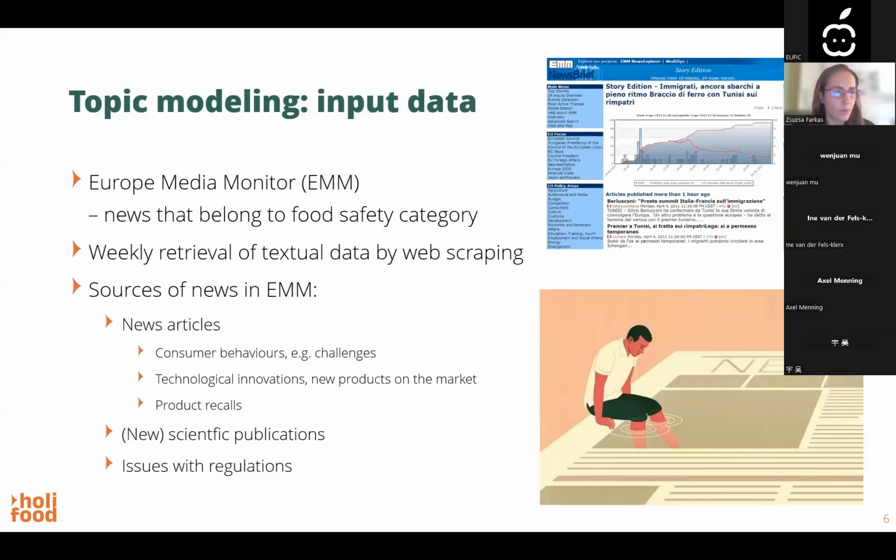The input of the model is news that belong to the food safety category in a freely available news aggregating portal. It is called Europe Media Monitor. We get textual data by web scraping every week. For you to have an overview of what kind of data we deal with here, Europe Media Monitor contains news